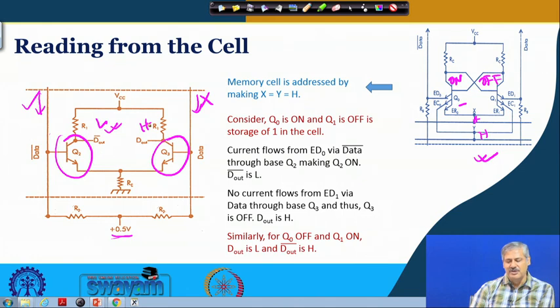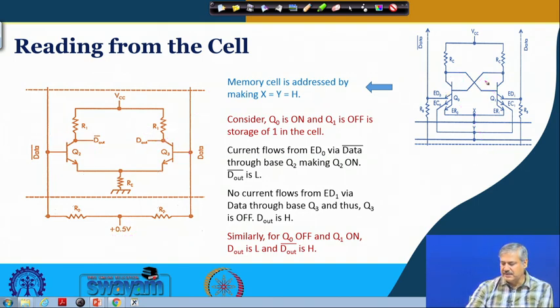Is it all right? So, Q naught is on, then the data read through D out is high. So, that means a storage of 1 is there for such configuration, on and off. Is it clear? In contrast, had been the case that this is on and this is off, okay, then current